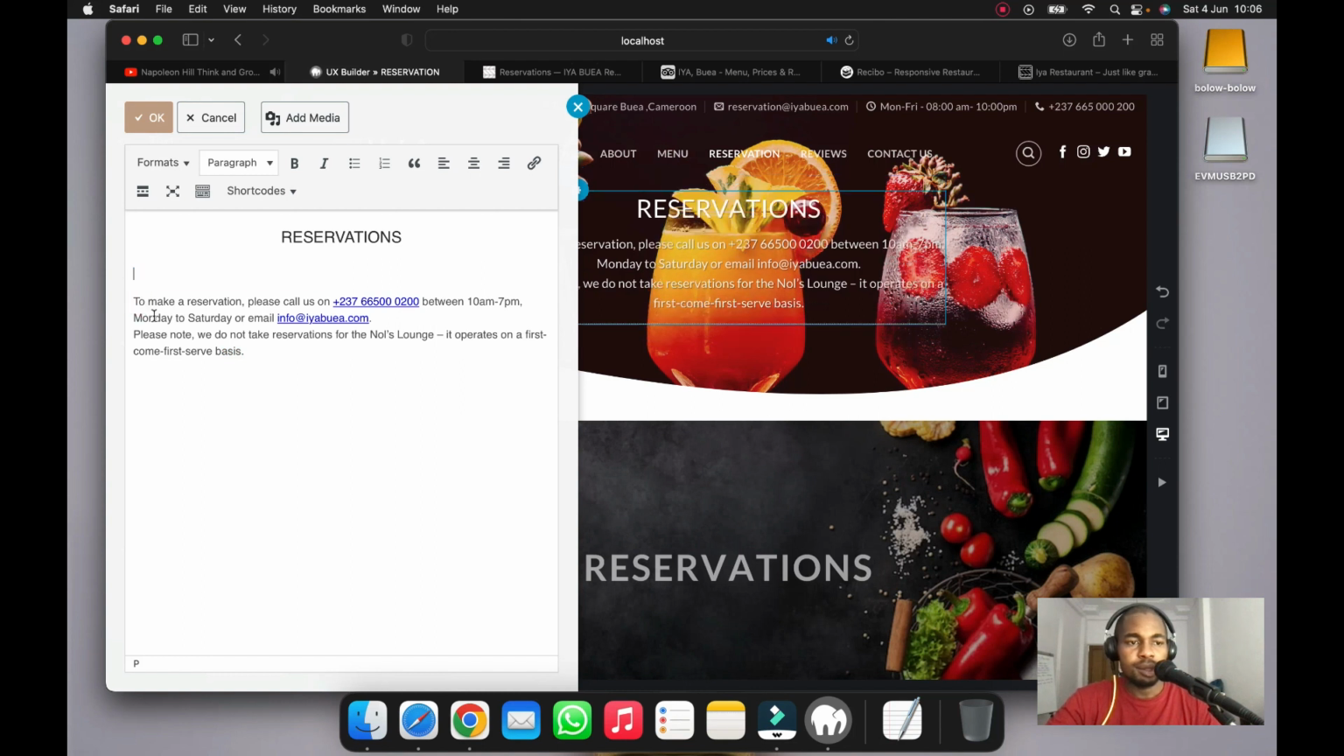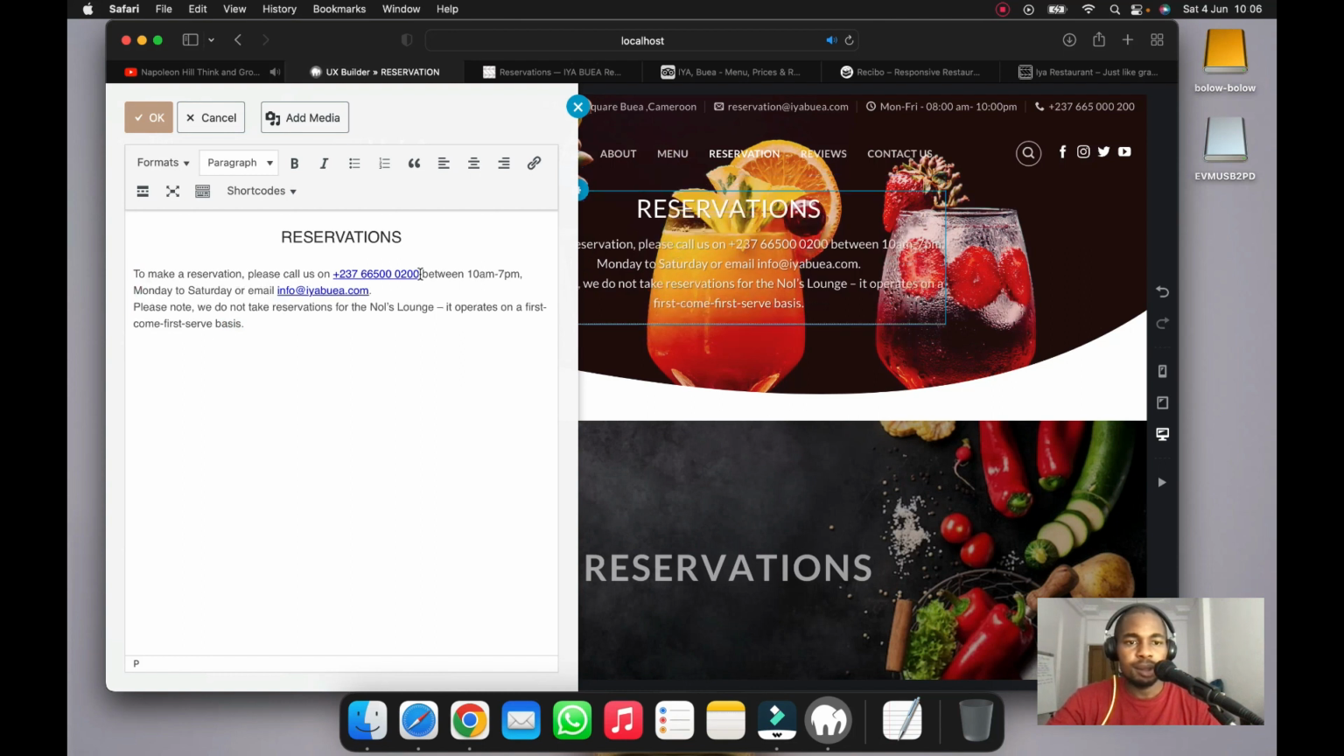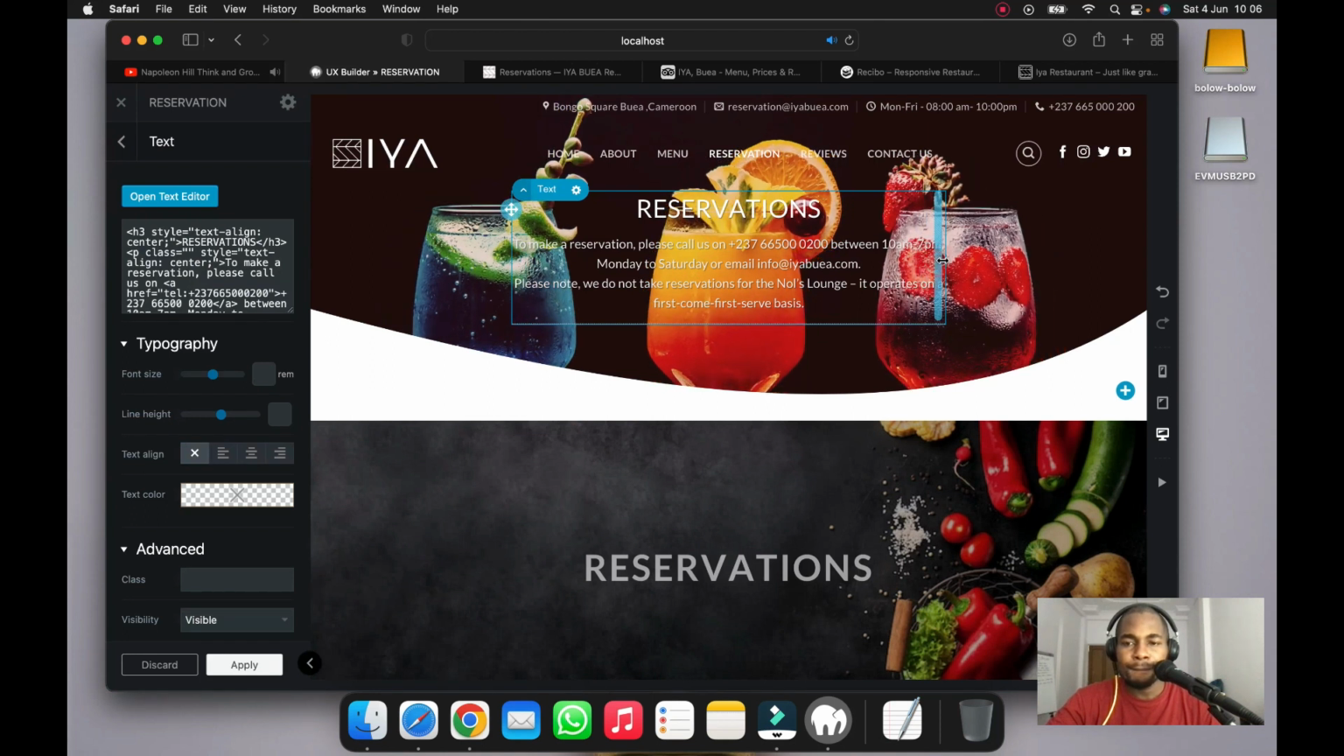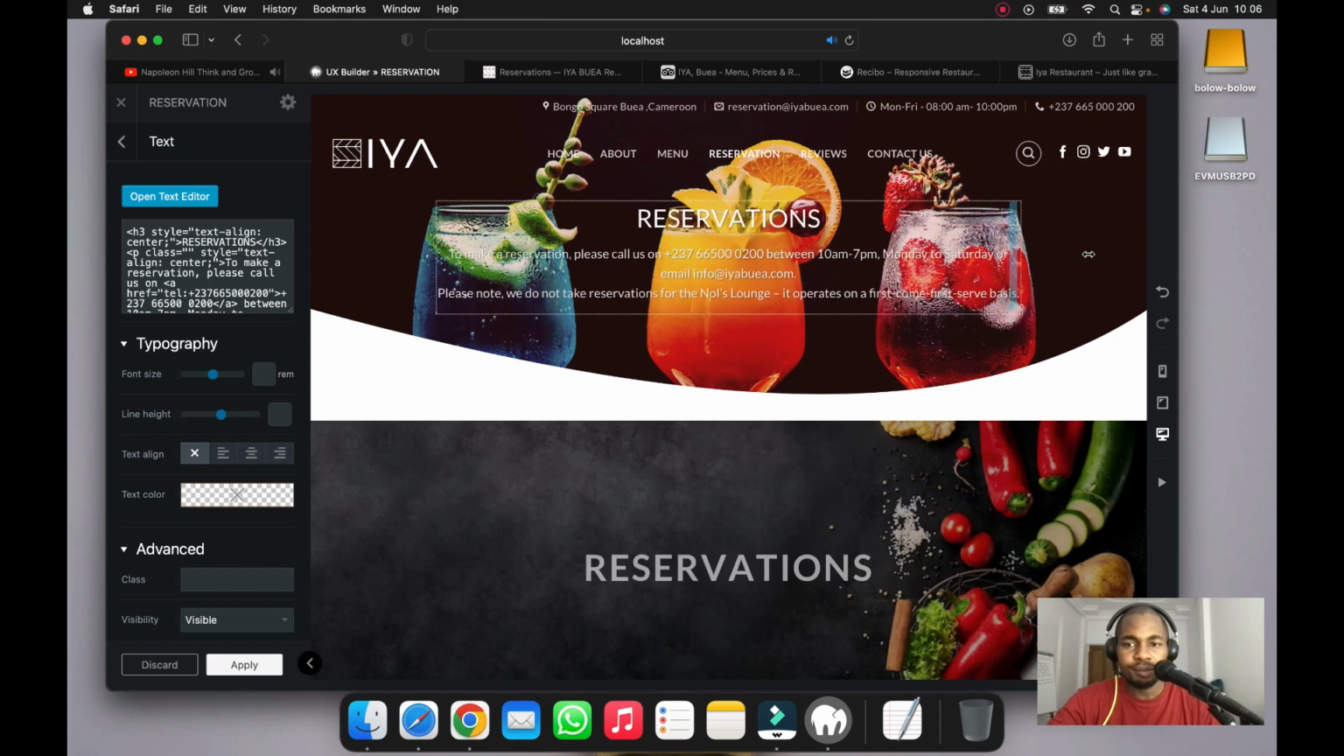Delete that. And then I'm going to centrally align all of this. Yeah. Okay. I'm just gonna increase the size of this box. So alright, and